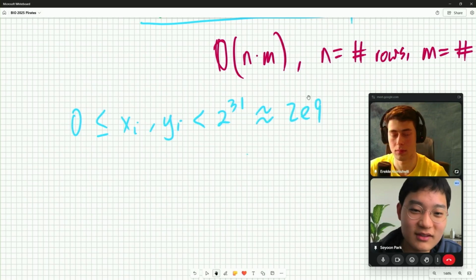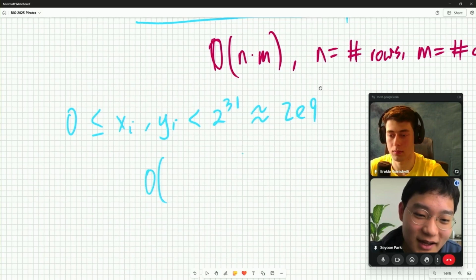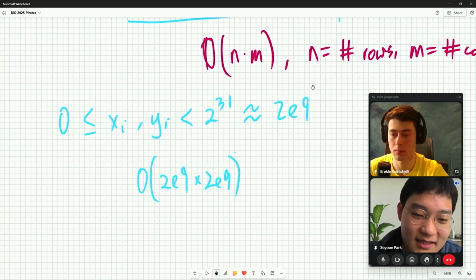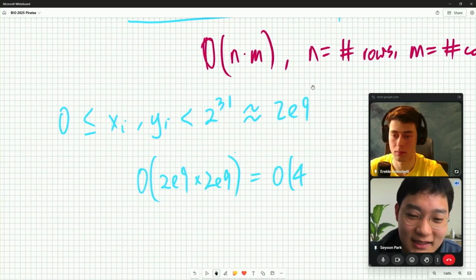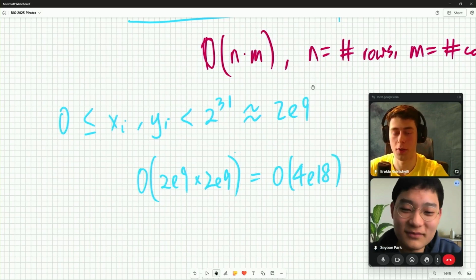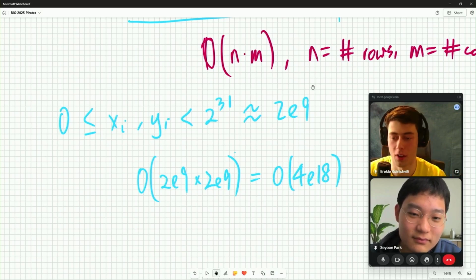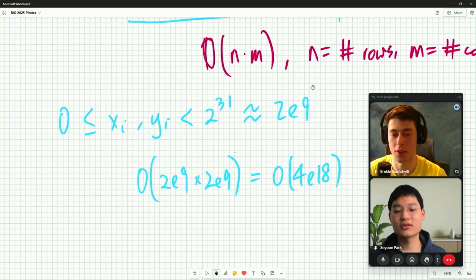So naively this would be 2e9 times 2e9 in the worst case, which is 4e18, and that's way too big. If you take the whole coordinate system as your grid, this is not going to work because there's just too much.